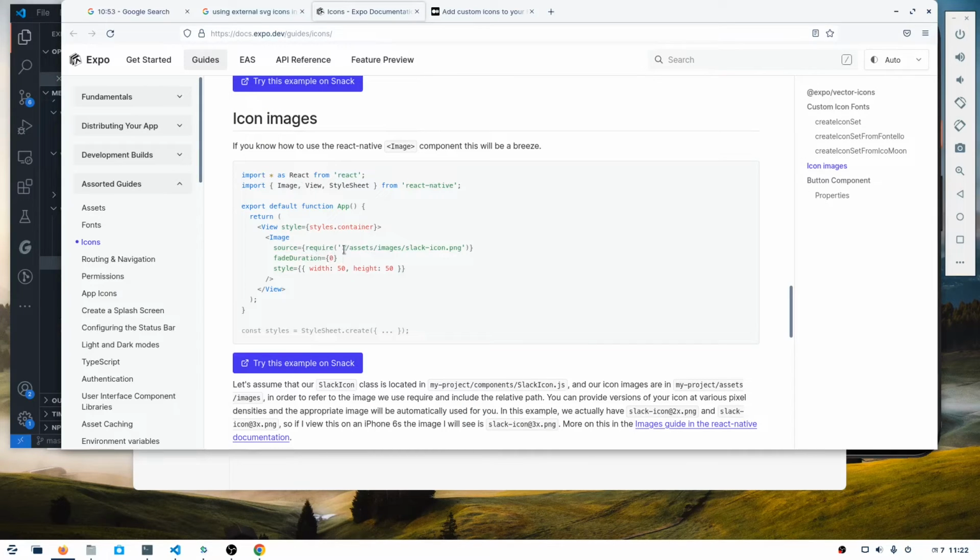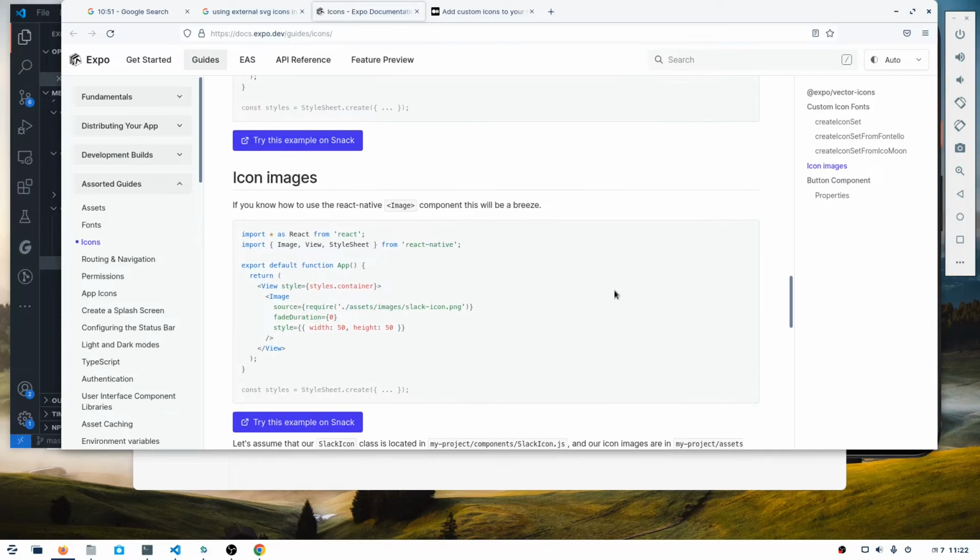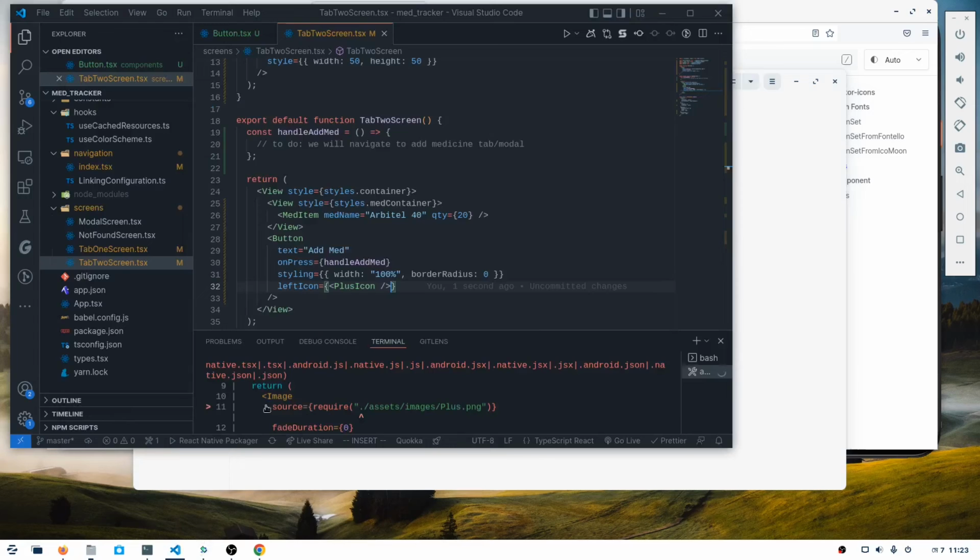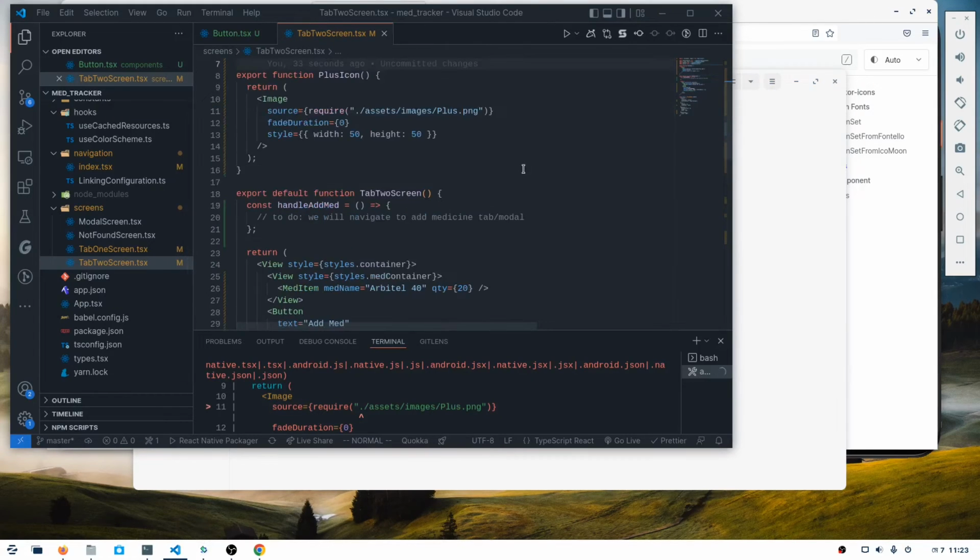Require. So I think this required directory is wrong. This needs to be something like, so we are here, we have screens,